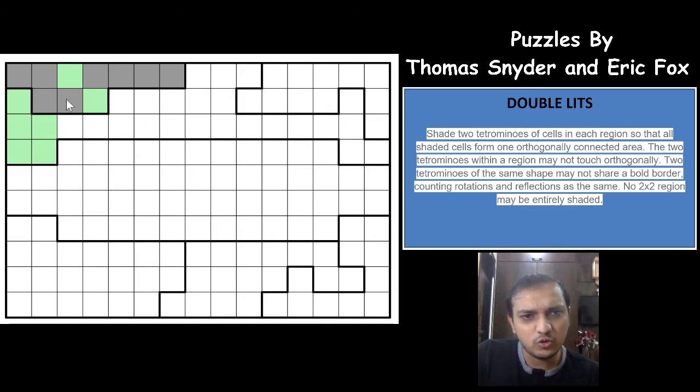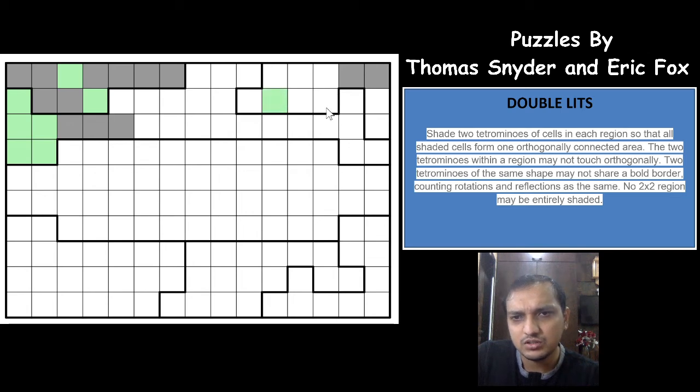And now this group of tetromino, I mean to say this tetromino, will have to go out somehow, and it will have to be this way. Nice. Let's see now this one. Let's try to mark a few tetrominos here. 1 2 3 4 5 6 7 8 9 10 11. You have 11 cells. That's nice. So using the 11 cells, I can say that if this is unshaded, you can't have enough room for 2 tetrominos to be placed here. So this will be shaded, this will be shaded.